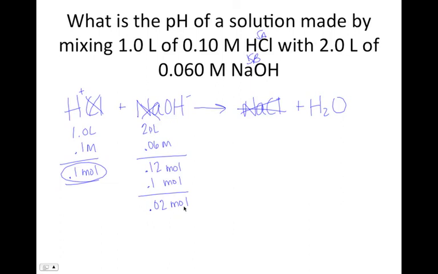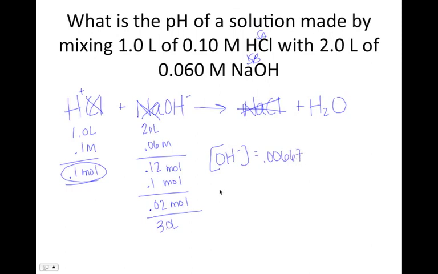Well, I can very easily turn this back into a concentration, figure out my pOH, and then subtract that from 14 to find the pH. So I'm in moles. I have a total of 1 liter plus 2 liters, 3 liters of solution. So 0.02 divided by 3 gives me a hydroxide ion concentration of